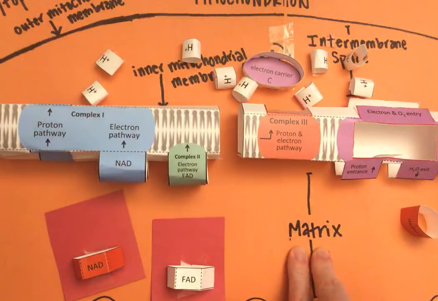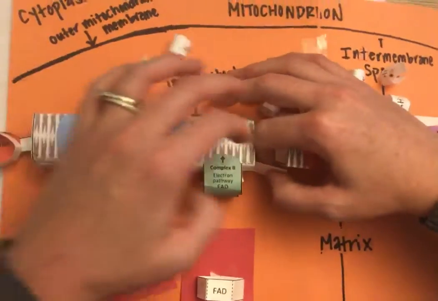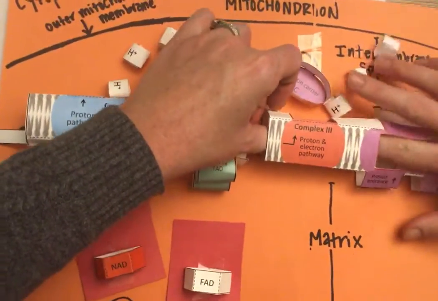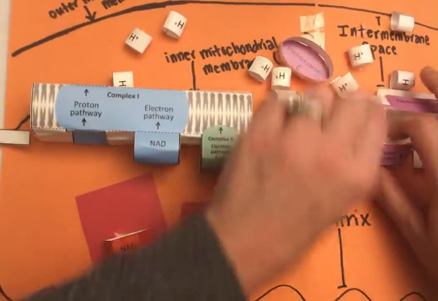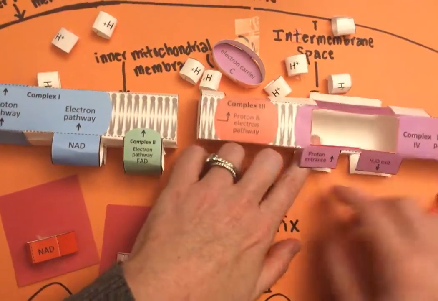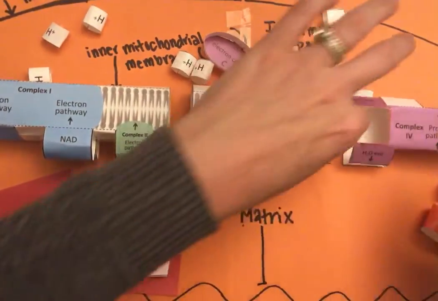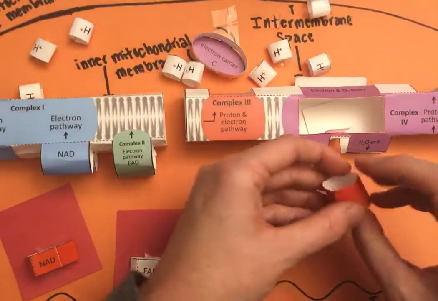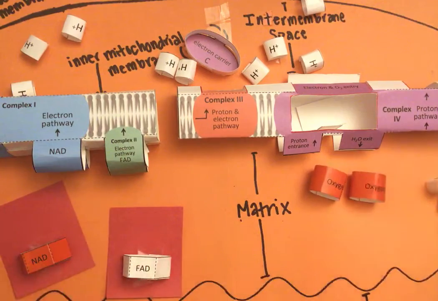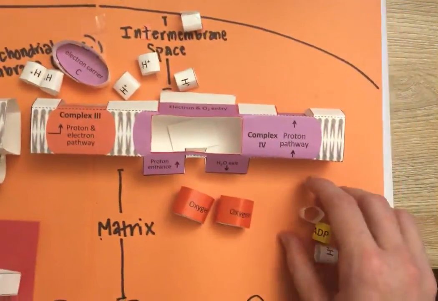So we moved them from the matrix to the intermembrane space, and these electrons just kind of pass along from one complex and protein in this pathway embedded in this phospholipid bilayer to the next. Okay. Now, in this last step over here, I'm going to actually talk about ATP synthase first, and then come back to how oxygen plays a super important role. Okay. So the whole point of doing all this was to build up all these hydrogens, and that is for